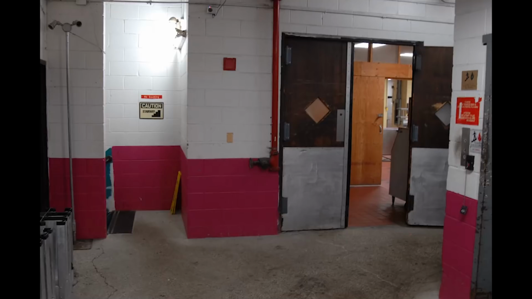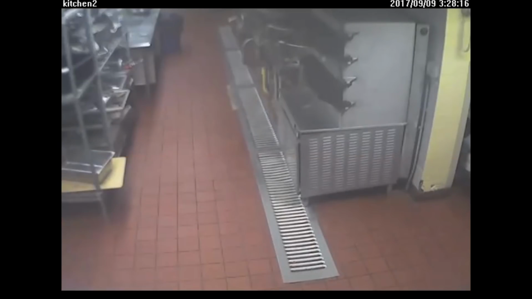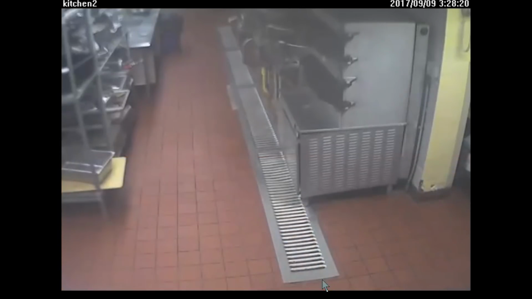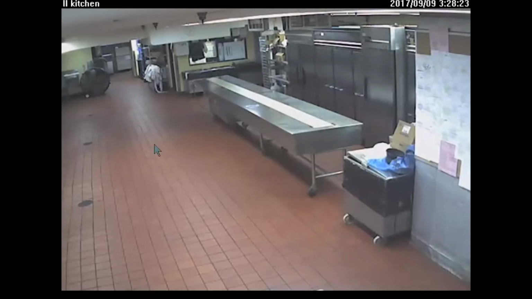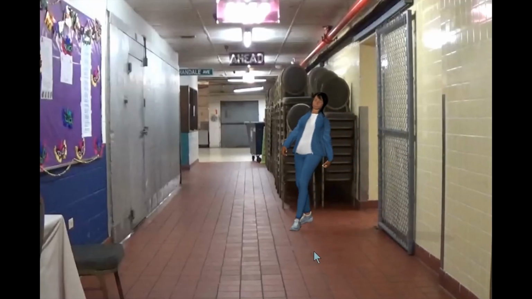Okay, so let's play the part all the way from the animations again, okay? So here's, you see her, let's just start with kitchen 2. All right, so she walks by kitchen 2, which is really close to this kitchen. It's just right over to the left over there. I don't know what it looks like back there, though. Then you just saw her head right there. Now she ducks out this side right here.